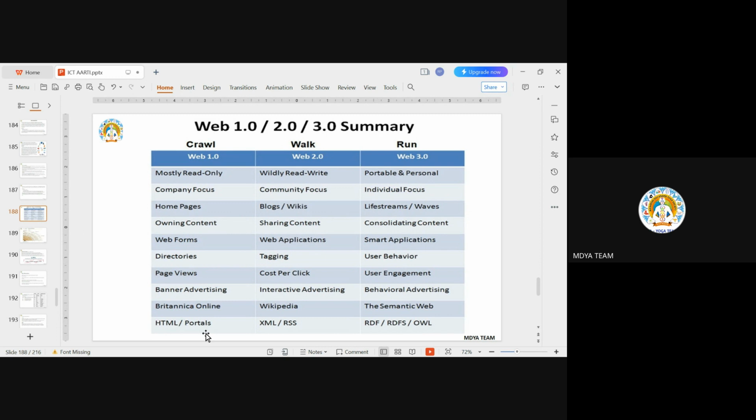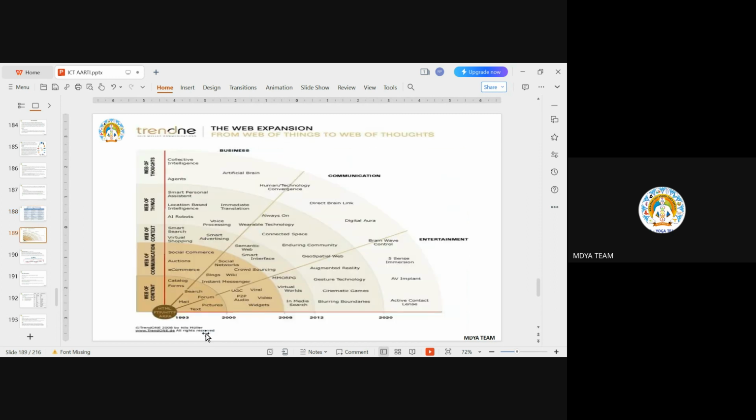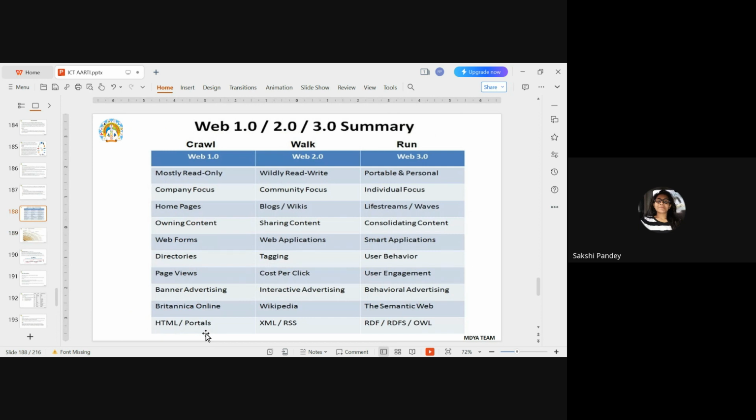Okay. Now we will discuss a little bit about Web 4.0. Ma'am, are cloud-based applications in our syllabus? No, cloud-based applications do not come in the syllabus, but you have to know a little bit. When a question comes, you can at least relate it with that topic. Sometimes a question can come, so you should know about that, so that you can relate the question with that topic.